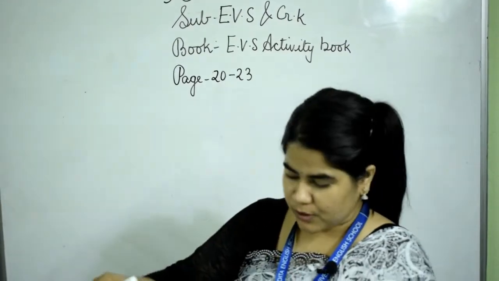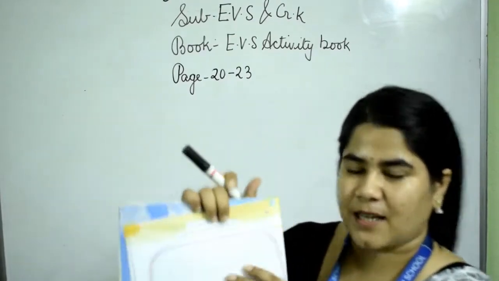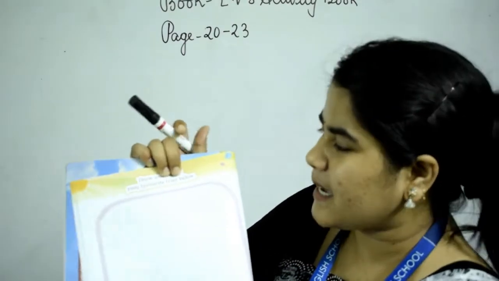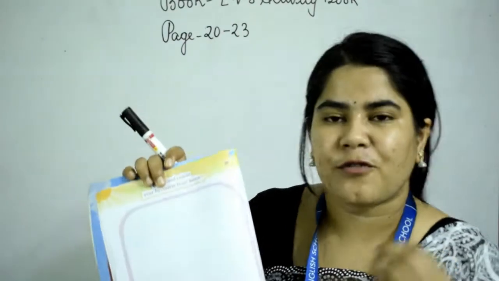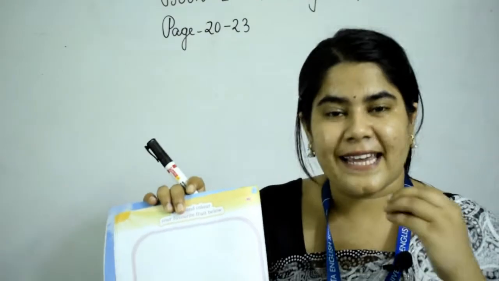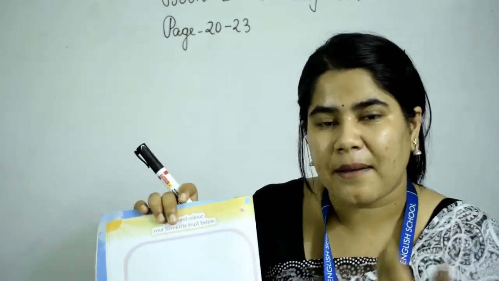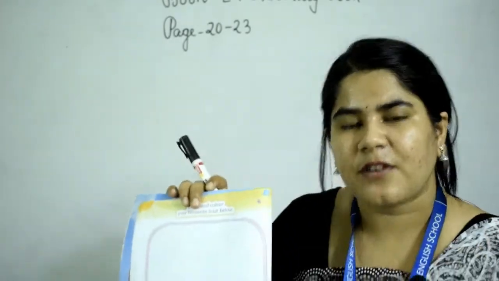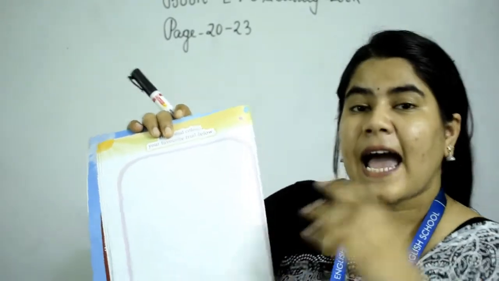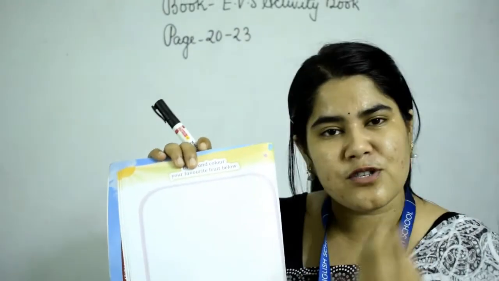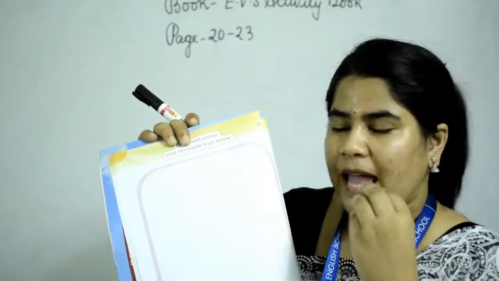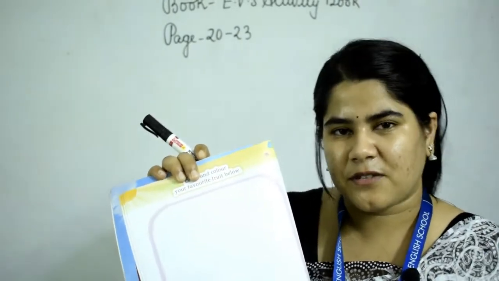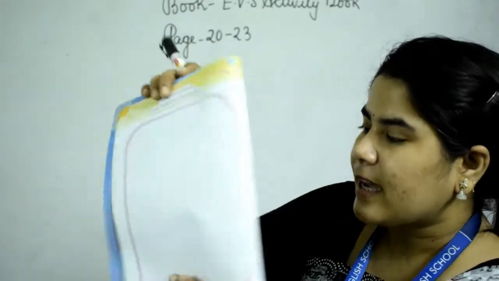Okay, so if you open to page number 20, you will get something like this, the blank page. But what you have to do over this blank page, let's see. Draw and color your favorite fruit below. We all like some of the fruits, right? Like I may like mango, you may like banana or apple, right? So whatever fruits you like, you have to draw here, and then you need to color it. Suppose you like apple, then draw the apple and color it red, or the mango or the watermelon. Okay, whatever fruits you like, you have to draw here. Okay, now turn the page.